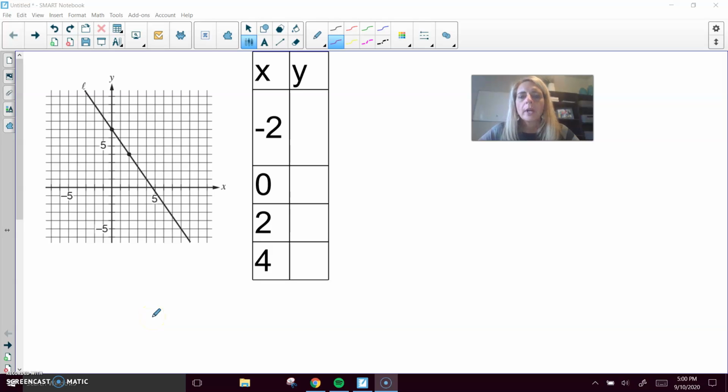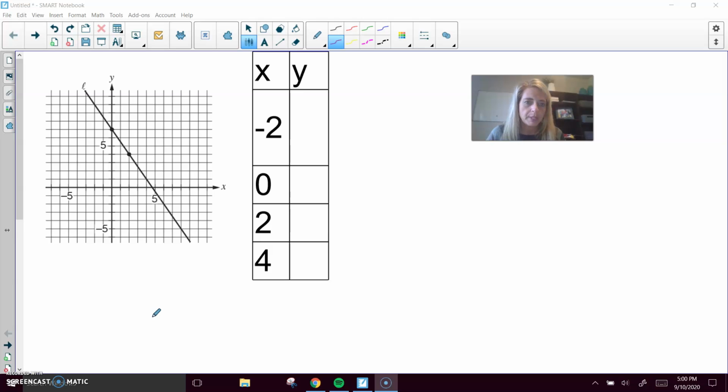I know a few of you were struggling with slide 15 of the Desmos activities, so I've created an example similar to that one, and I'm going to go through this example to see if that helps you out a little bit. So back when you first learned equations in junior high math, they might have given you an equation